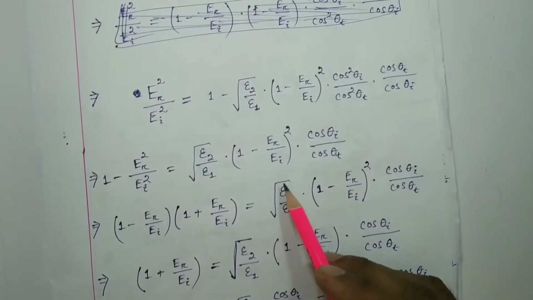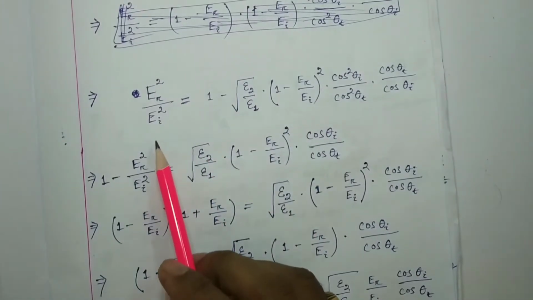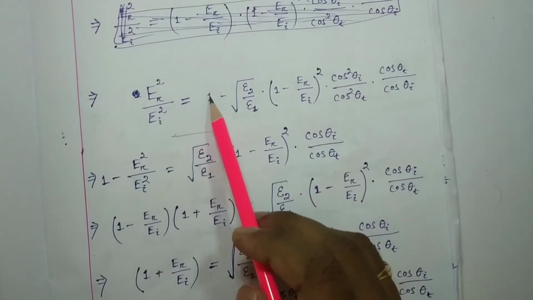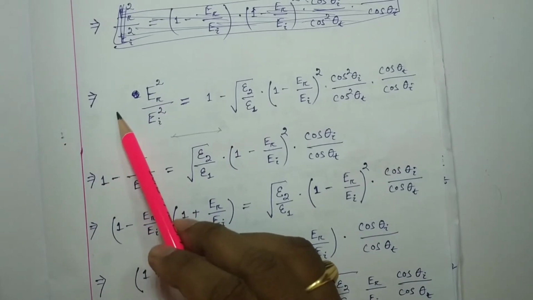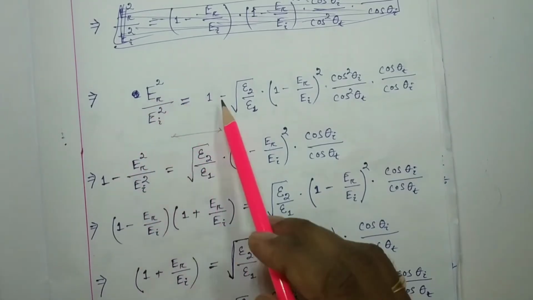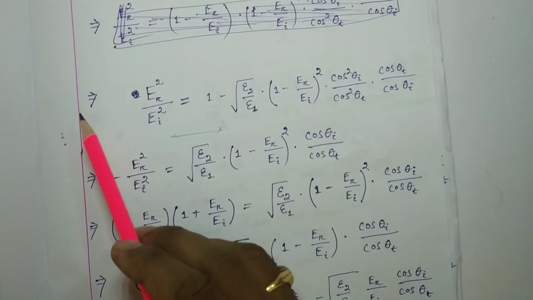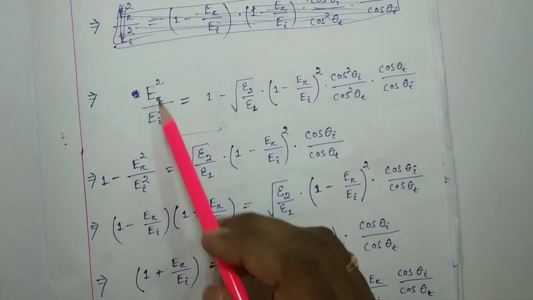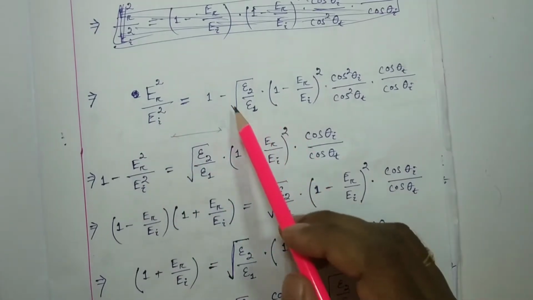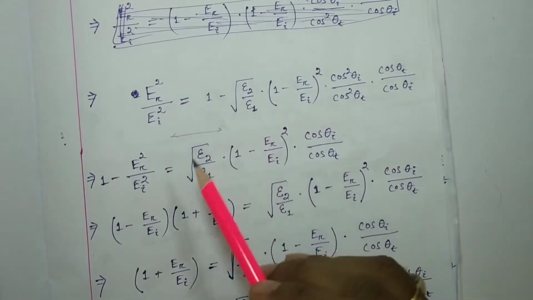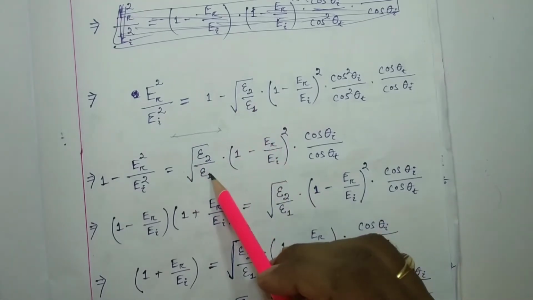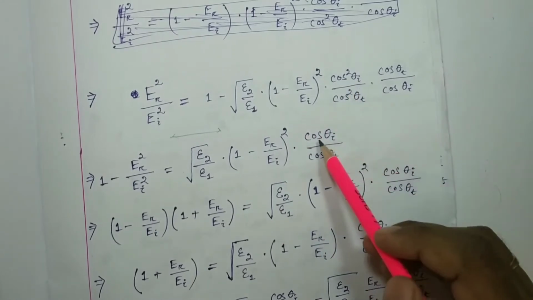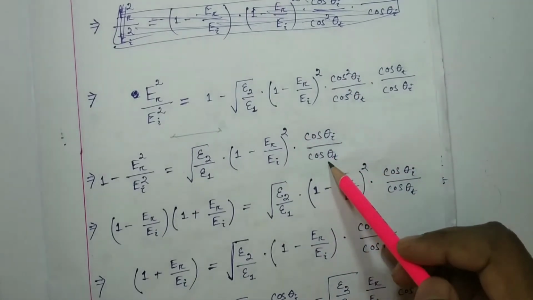So we found that here another thing also, one step here I have omitted. You can see, take 1 this side, it will be minus 1 plus this much equal to minus of this one, then again multiply by minus, it will be plus 1 minus Er square by Ei square equal to, this was minus, it will be plus epsilon 2 by epsilon 1 root, into this square, this will be cos theta I by cos theta t, right?